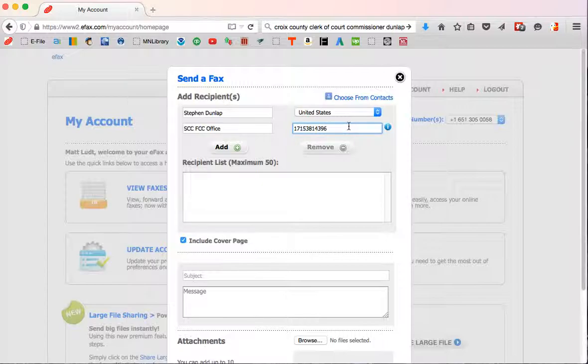It's an international website, and therefore, while it knows we send faxes to the U.S. because it says we're sending to the U.S., you still need the 1 in here like you would in a normal fax machine if you weren't sure about area code. We hit add, and if we had